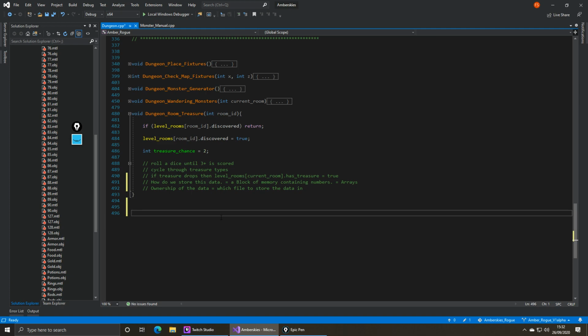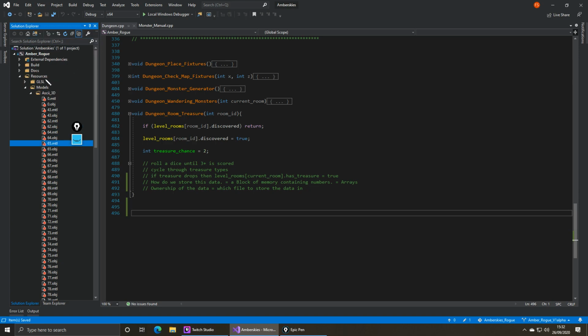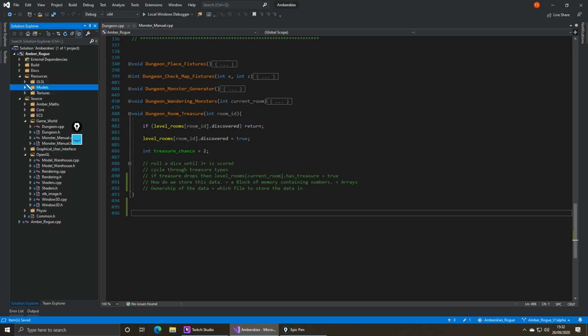I know how I'm going to store it. I know what I'm going to store. I've got all the data already typed in. It's just how it's going to be stored and where.